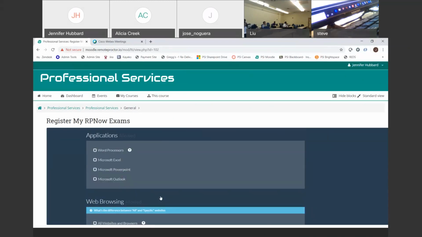Applications. So these are any processes that you would like to be allowed. By default, we block them. So word processors includes like Notepad, things like that. If a student goes right now and tries to open Word, it's going to tell them they can't open it. It actually blocks them from opening it. So if you click here, it allows them. You can do Excel, PowerPoint, Outlook,